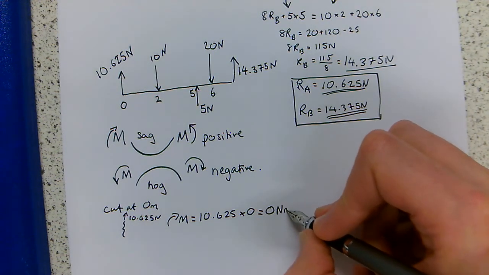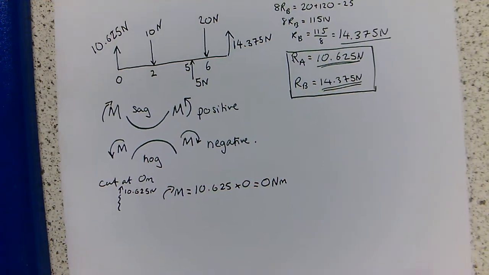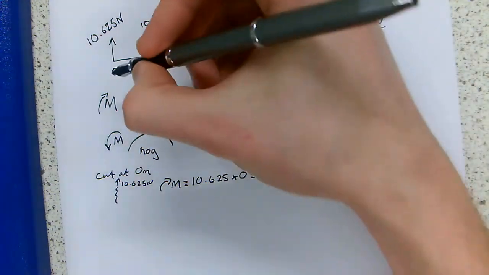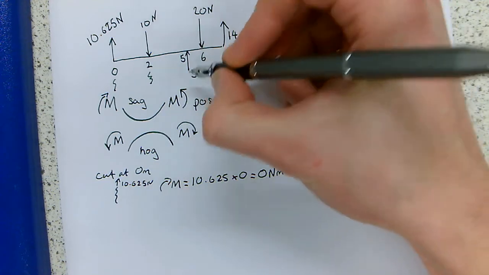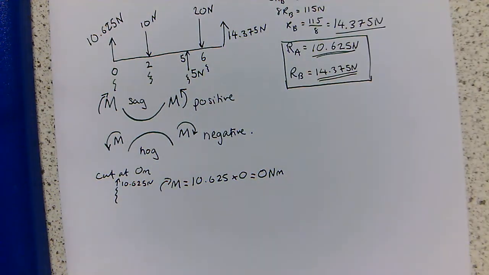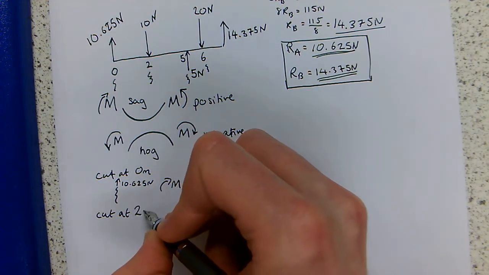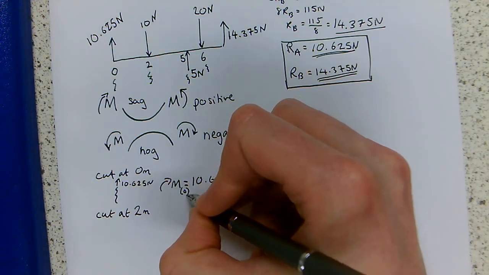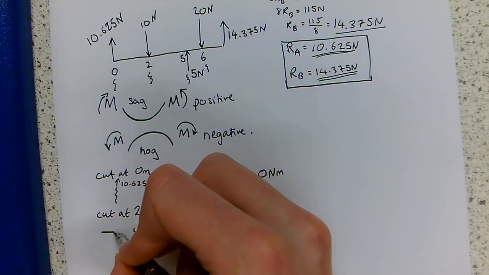Then what we do is we take cuts at all of our key points. So we're going to cut at 0, we're going to cut at 2, we're going to cut at 5 metres, going to cut at 6 metres. So cutting at 2 metres, we draw out our beam